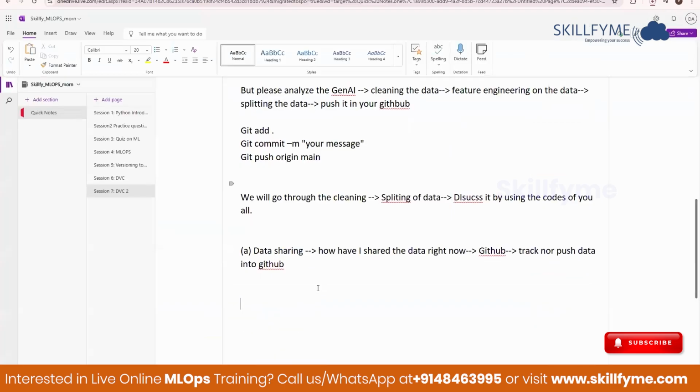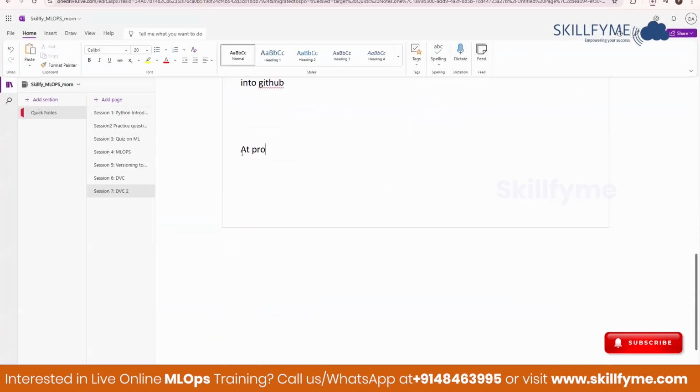So in industry, how it works is, at project level, you will have an email ID. Say, for example, I create a project level email ID, skillfy monbatch, at google.com. Suppose I have this email ID. This is the group email ID, and in this group, I will add all the members. So all of you as collaborators, I will add you in this group. Now, using this group,